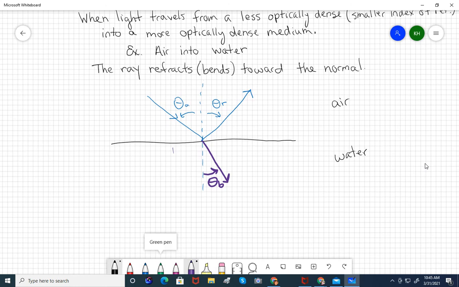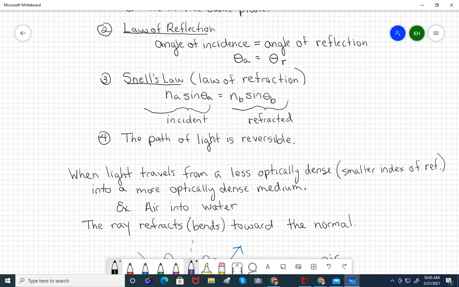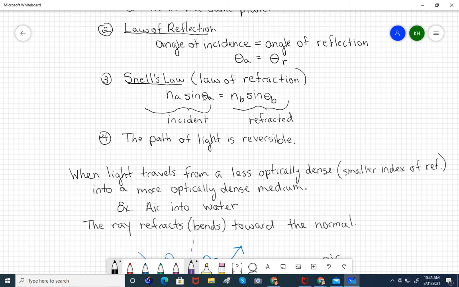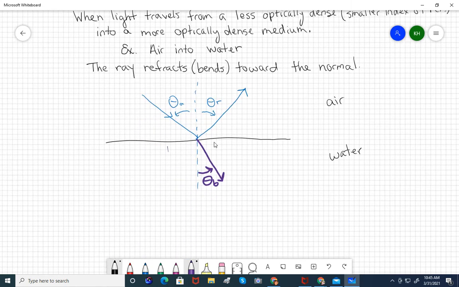Now, what did I mean when I said it was reversible? Well, basically, if you look at Snell's law, let's go back and look at Snell's law. nA sine theta A equals nB sine theta B. If this was our incident medium, we would call this A and B, but the path would go like this, then this. Instead, it would actually go away from the normal. So if we reverse this idea,